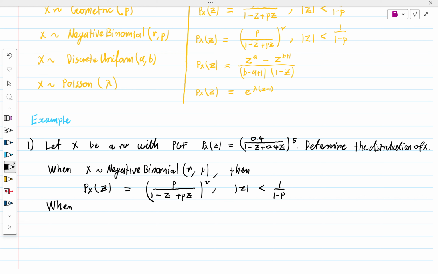Now, if I specify p is equal to 0.4 and r is equal to 5, in other words, I'm trying to make it look more like this function,